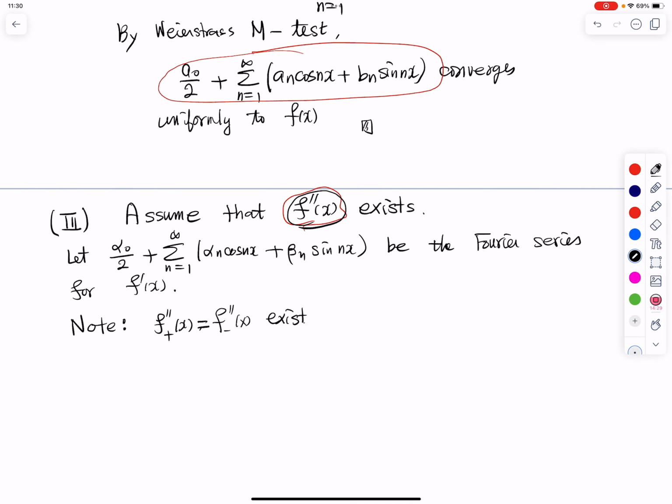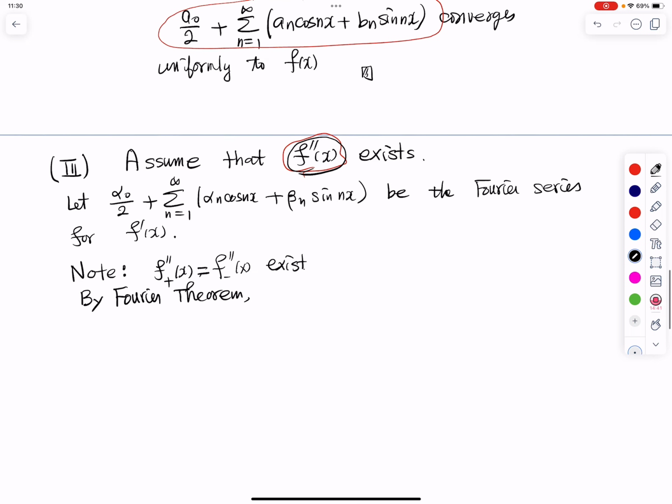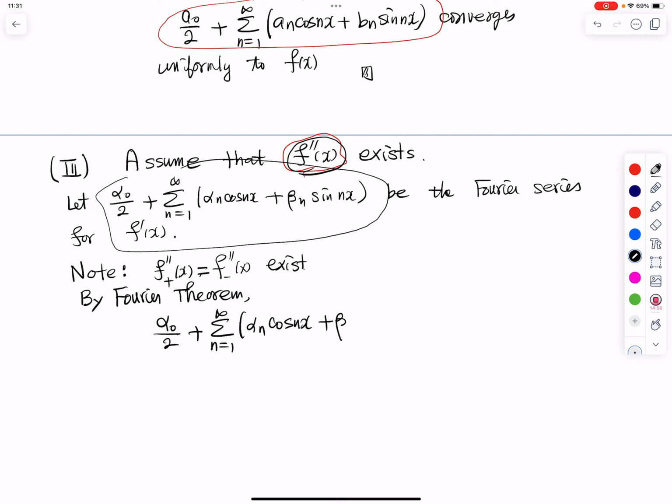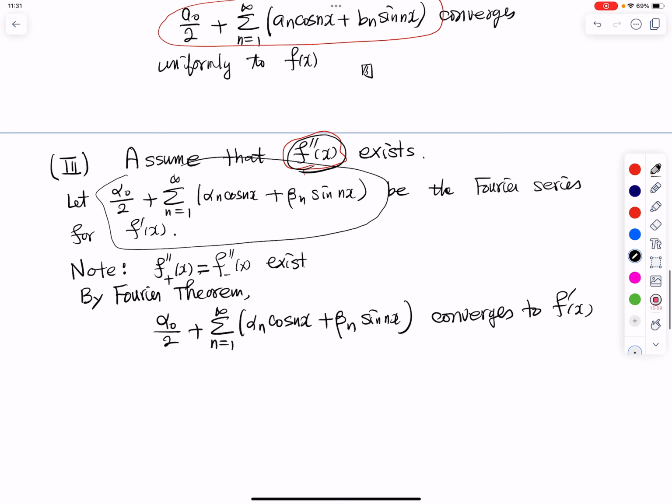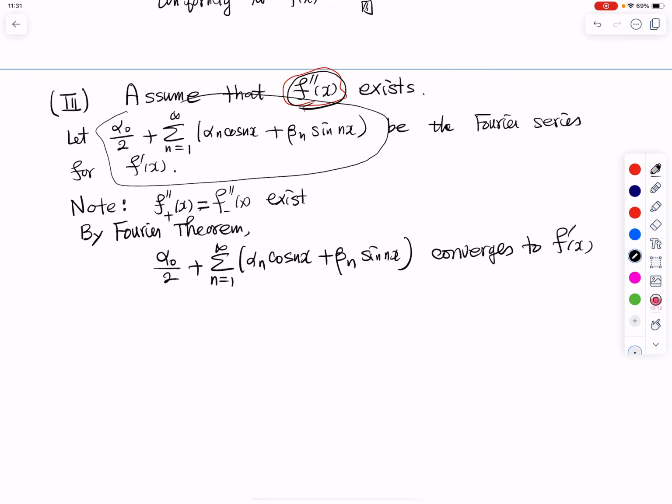And then you can apply the Fourier theorem. By the Fourier theorem again, this Fourier series, alpha n cosine nx plus beta n sine nx, converges to f prime of x. So this is a consequence of the Fourier series. Now,